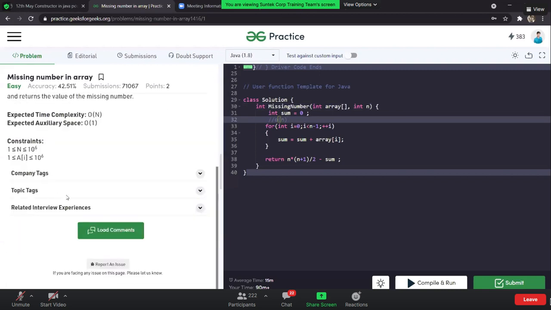The second constraint is space complexity: since we are using only one variable, we are saving space, and it's constant space, so the space complexity is O(1). We got our outcome, but there is still one con I see. Can you guys tell me what the con for this should be?